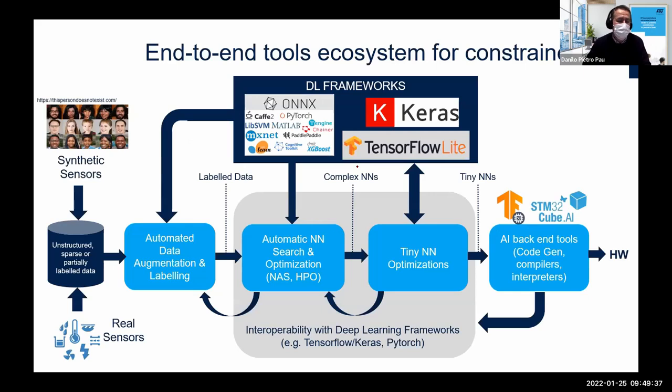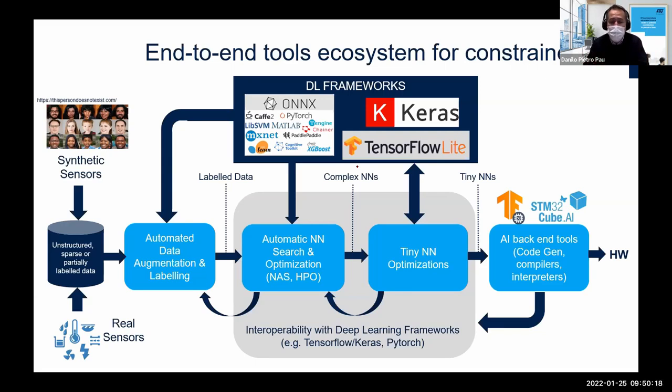So let's abstract now. Let's go back and consider what is the end-to-end ecosystem we are playing with. Otherwise we are finding solutions which are optimized to a certain space. So I suggest to consider the following pipeline when we develop machine learning solutions. First of all, we start with the need to acquire data. Data can be acquired from real sensors or from synthetic sensors, and these can be good methods to have enough data to shape a problem.